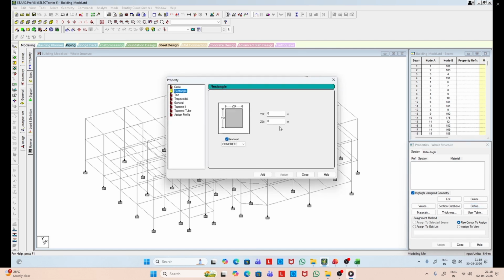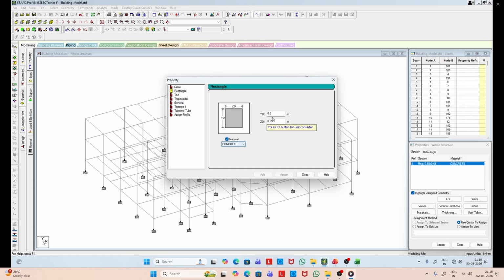So now we have to define the cross sections for beams and columns. Because this is a design problem, as a designer, our task is to propose the cross sections. So you can propose it here. In fact, we'll do the design based on that, and if the section fails, we have to increase the size and change other parameters, maybe the steel or grade of concrete accordingly. But for the time being, let us assume the cross sections, and you can see we have selected the concrete as our material,